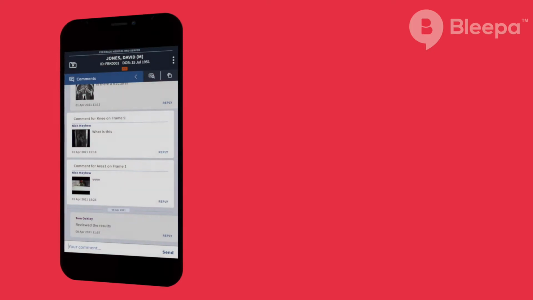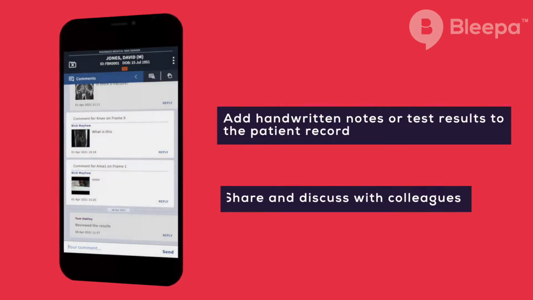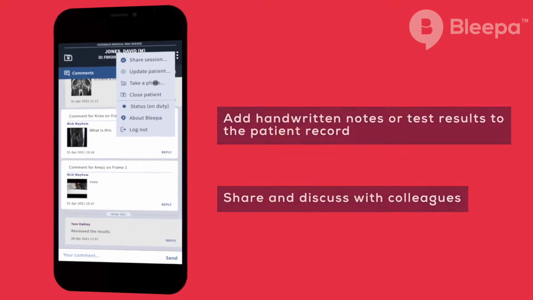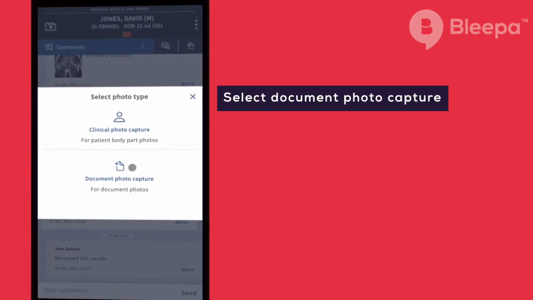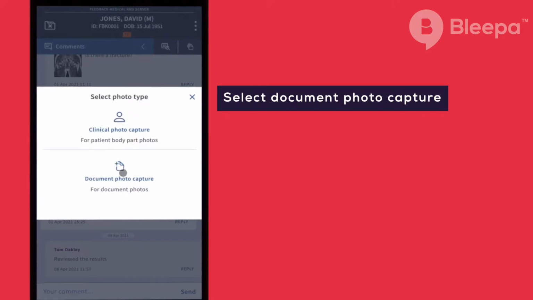Within a patient window, I can also acquire a photo of handwritten notes that wouldn't be available electronically. To do this, come to the Menu tab, select Take a Photo, and then Document Photo Capture. Because it's a document, I don't require patient consent, unlike the clinical photo capture module, which has clinical consent as part of it. So if I click on Document Photo Capture,